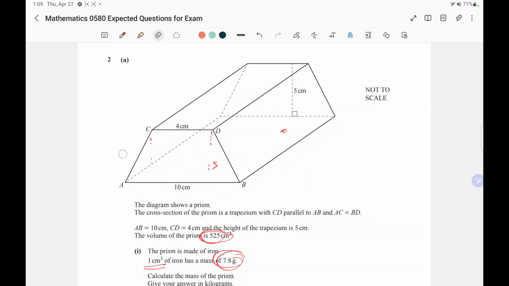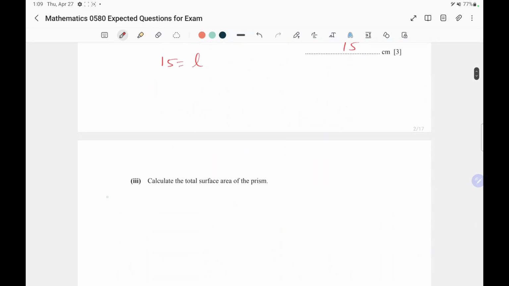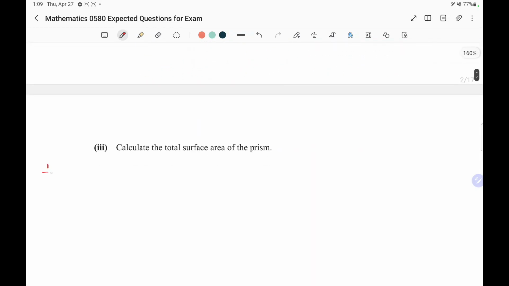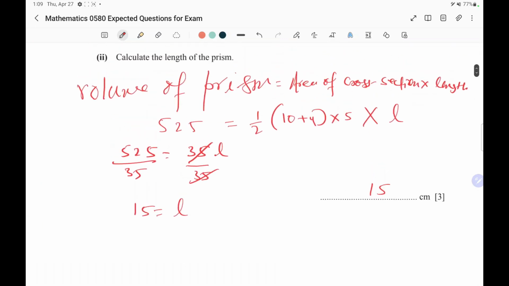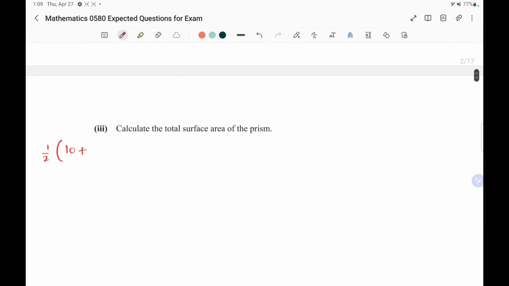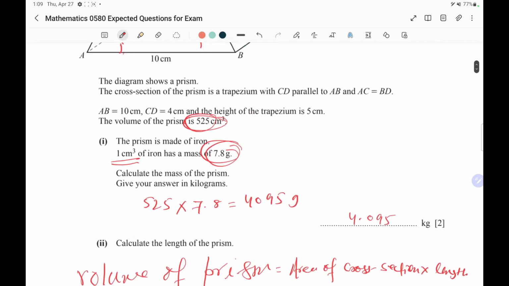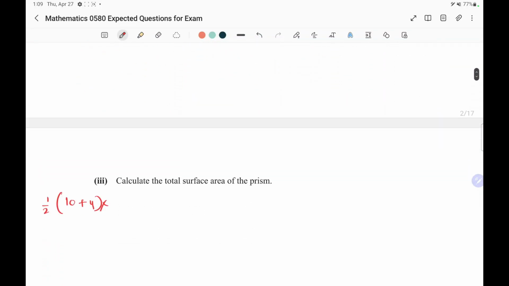First let's clean it. Okay, so first we need to find area of front, which is a trapezium, and area of back, which is also a trapezium. So area of front we can find like a trapezium, and then we can multiply by 2. So area of trapezium is 1 over 2 times the sum of parallel sides, so 10 plus 4, times height, which is 5, and then multiply by 2